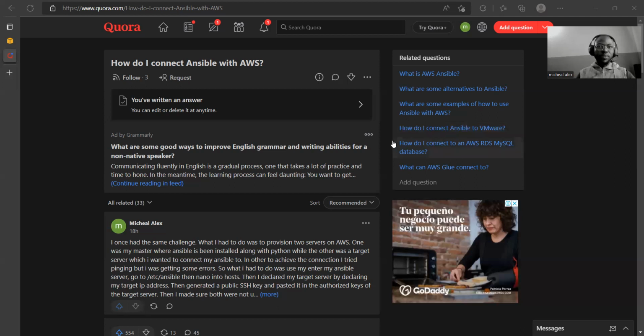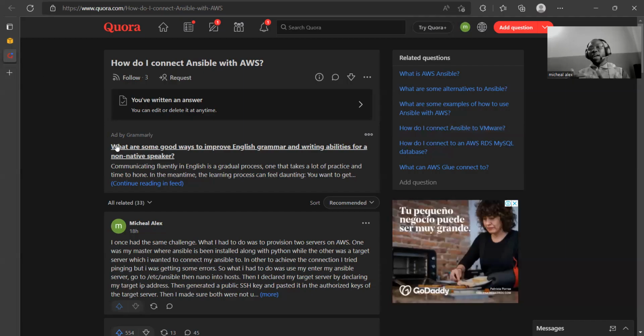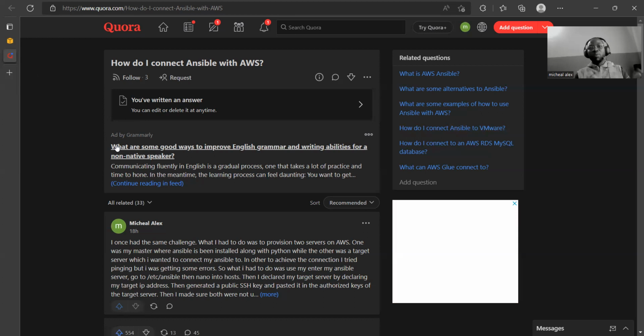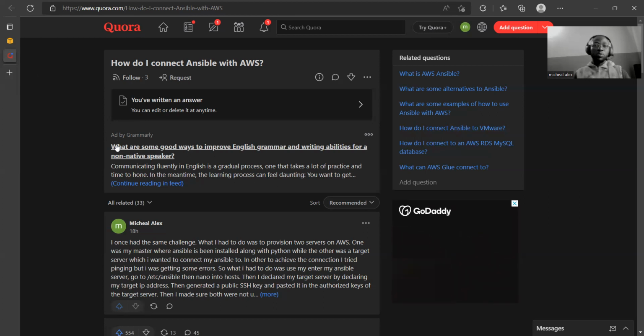So this is the question I actually have over here now. I'll be fast about it so I can explain as quickly as possible. Before I go into spinning up servers and installing Ansible and doing a lot of package installations, the first thing I have to do is explain what Ansible is in less than a minute. Ansible is a configuration tool and also an automation tool, which you use